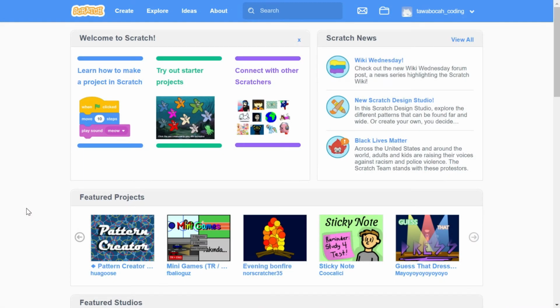Scratch is also available in an offline version, so you can use Scratch without connecting to the internet. To install Scratch, you must first download the installation file at scratch.mit.edu. Go to the bottom, and look for the link to download.